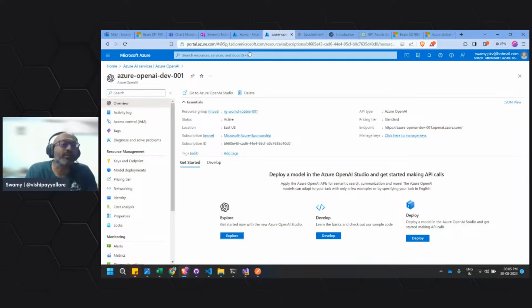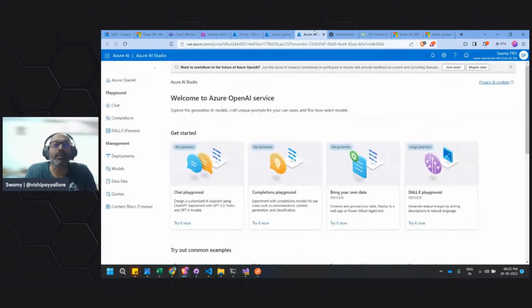Here you can see that you can create the Azure OpenAI service, and you can see all these models and the rest of the things. Let me come in here, and you can see this is how the Azure AI Studio looks.